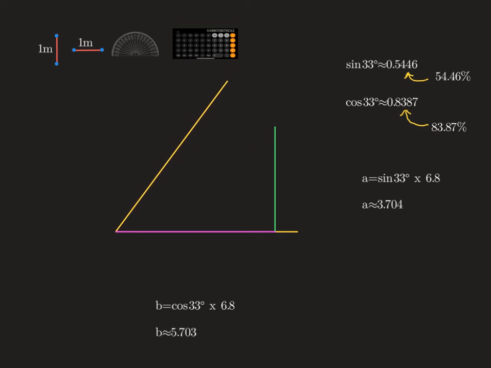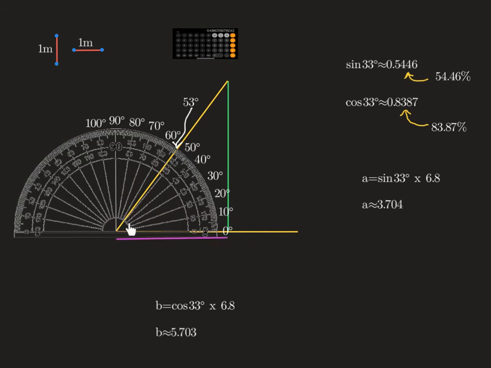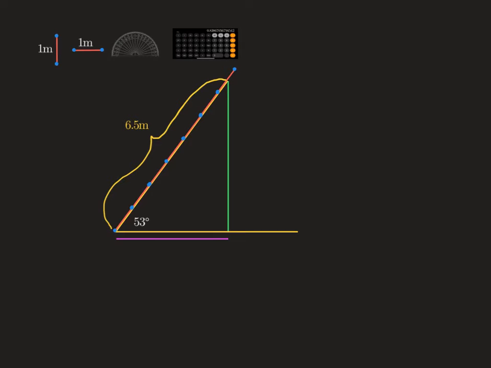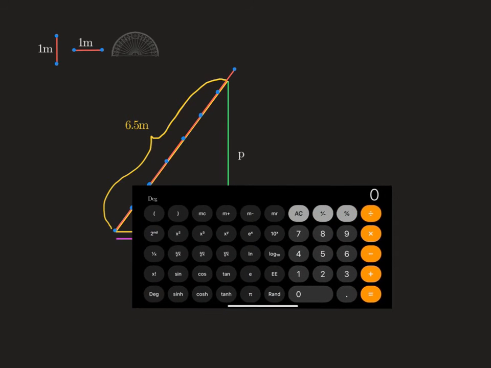For example, this new angle is 53 degrees instead of 33 degrees. And I made the side length a little bit less, 6.5. And now that we know about sine and cos, we could figure out the height of this ramp to the tip and the length from left to right all the way to the tip just by using cos and sine. So the sine of 53 degrees, it says, is about 0.7986,